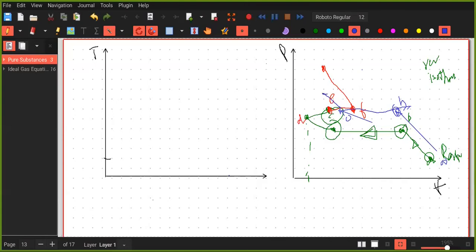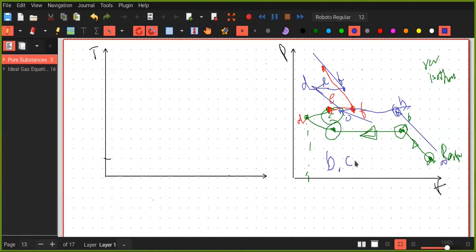Go up, stay here. Go up, stay at some point, reach this point. This is E, this is F, this is D. Pardon the drawing. F, go to some other point. Okay. So if we join these points of interest, here are point B, which is the saturated vapor, point C,